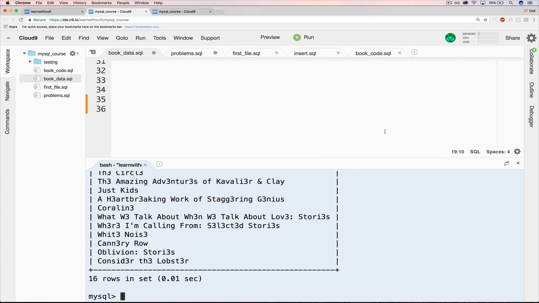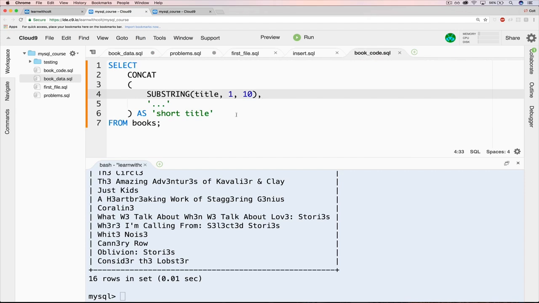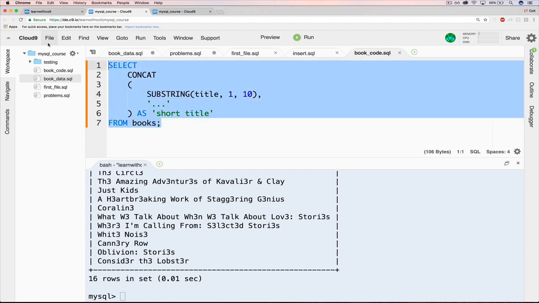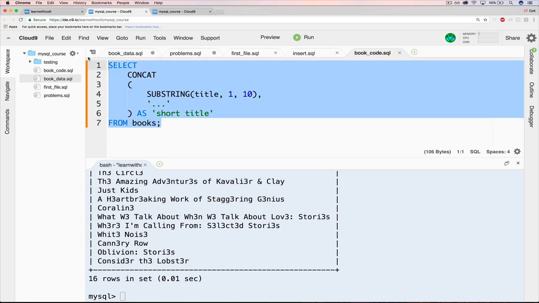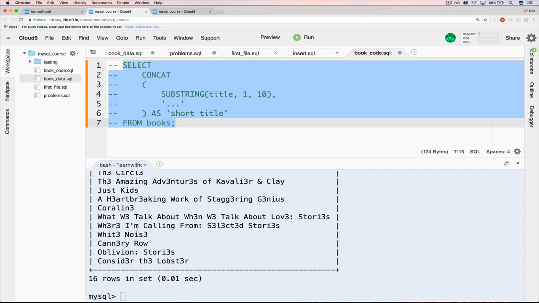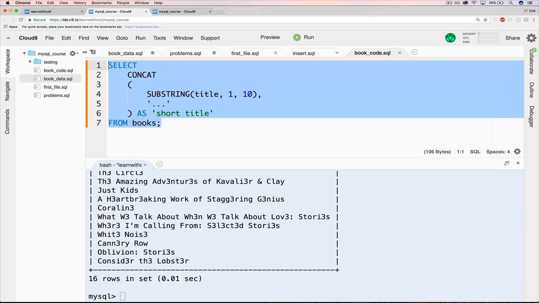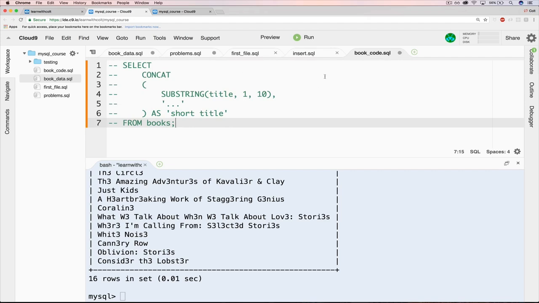So I could do something like, if I work in this book code, I will comment this out, which I haven't shown how to do yet. Highlight it, and on a Mac it's command /. On a PC, I believe it is control /. I'm going to comment it out, which means it just won't run. It's here so I can see it, but SQL, or MySQL, treats it as if there's nothing there